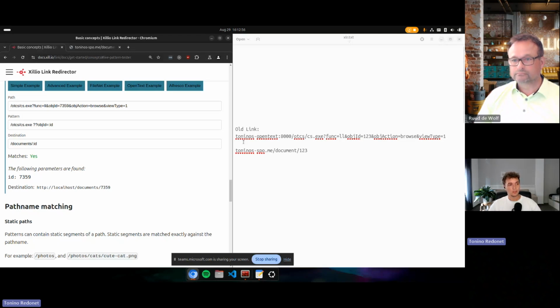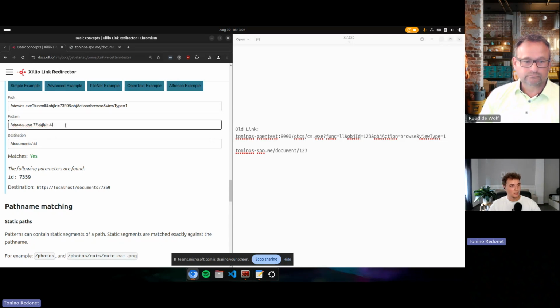We don't have to save every possible link that exists for said source system. We only need to figure out the ID. You can specify your own rules in the configuration of the link redirector to figure out where the ID is, so that it's basically compatible with any source system, because the configuration is just a pattern, which is a funky flavor of a regular expression.